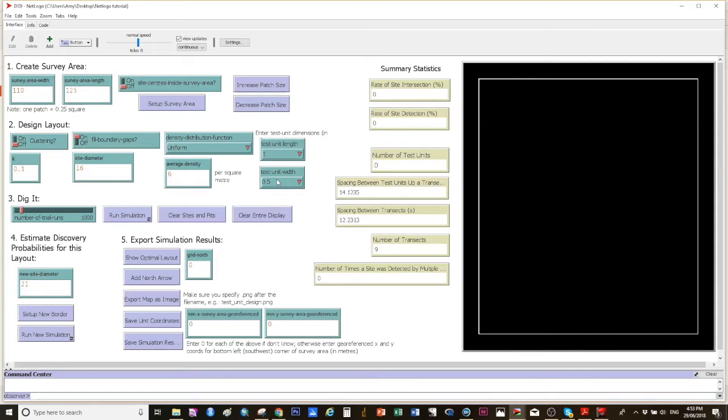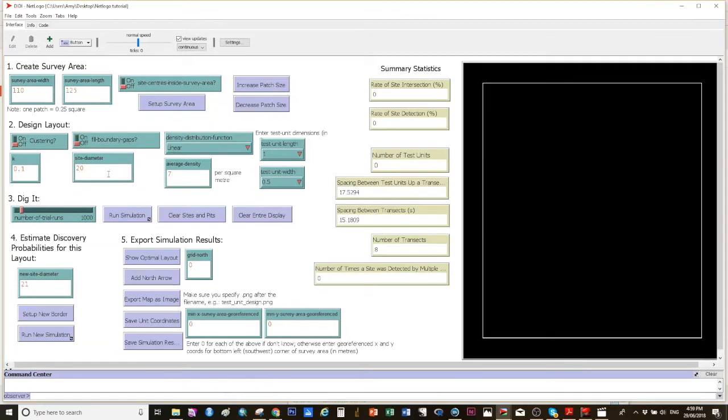Now I'm going to assume that you've read our papers and understand what these next parameters refer to. This section here is where you need to enter information about the size and density of the sites commonly found in the area and how the artifacts are distributed within those sites. So today I'm going to say the artifacts aren't clustered, so we don't need to worry about the clustering parameter K. We're going to have a site diameter of 20, an average density of 7, a linear density distribution function,